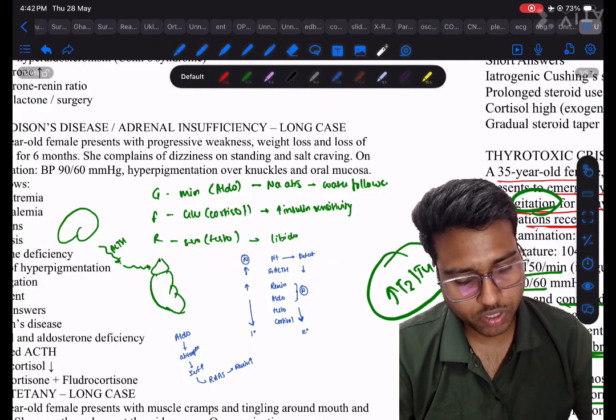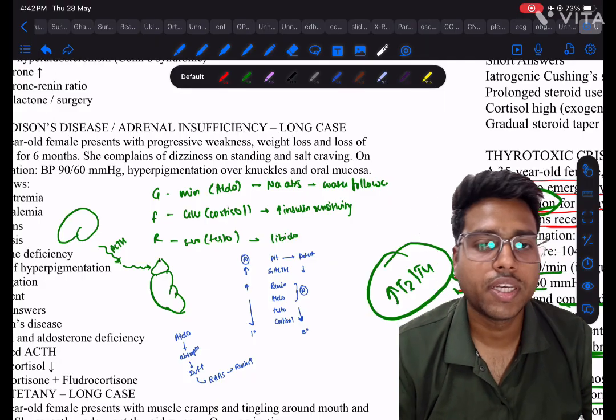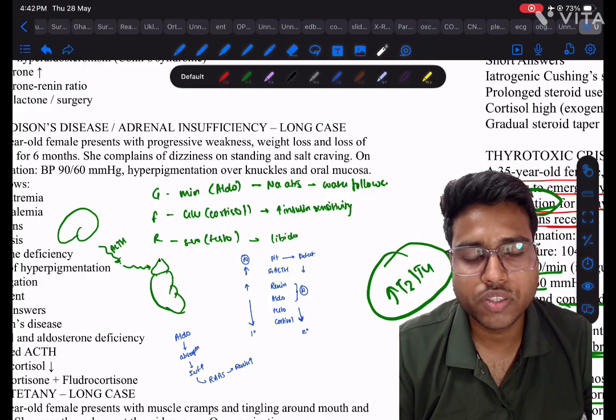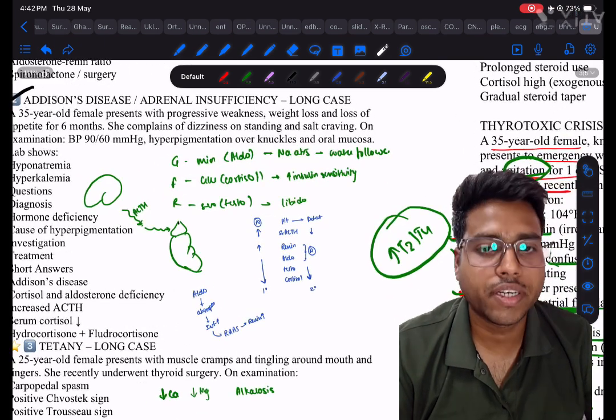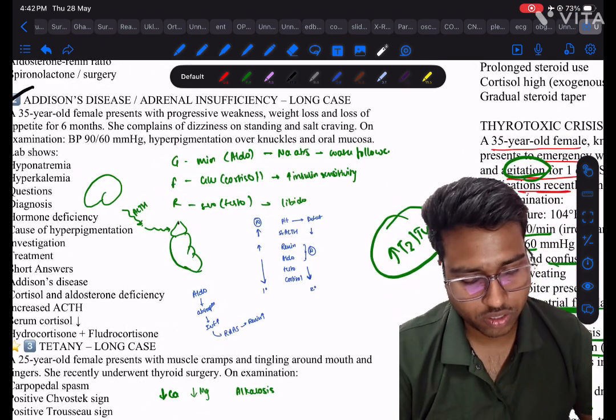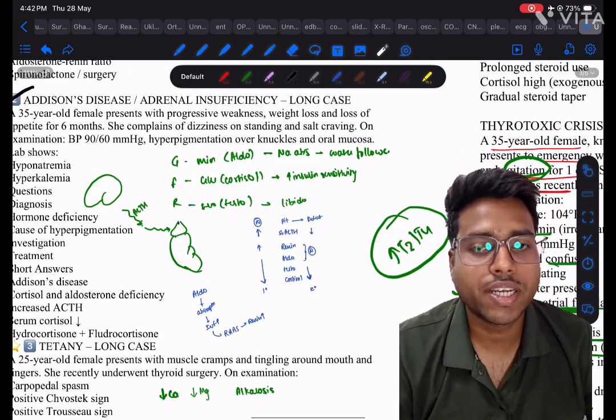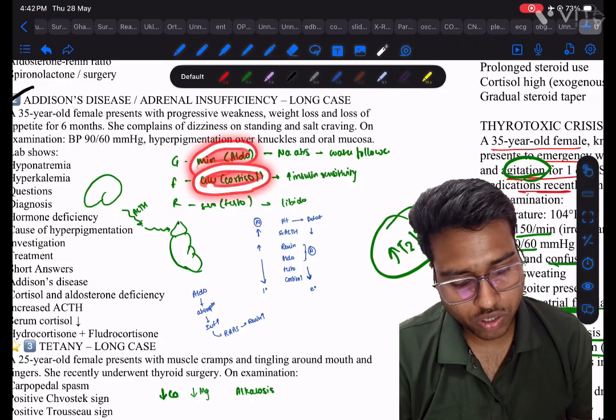So in metabolic acidosis, there will be an increase in CO2 in the blood. So the patient compensates by hyperventilating. CO2 को ब्रेथ से बाहर निकालने ट्राई करता है. ठीक है, सो दिस ऑकर्स इन मेटाबॉलिक एसिडोसिस. ये हो गया हमारा मिनरलोकॉर्टिकॉइड फंक्शन.